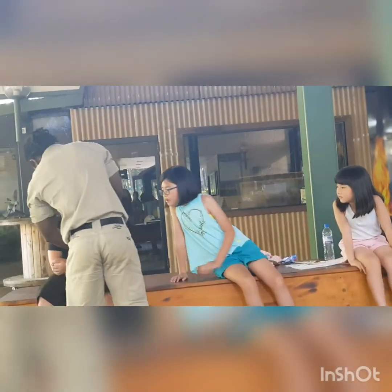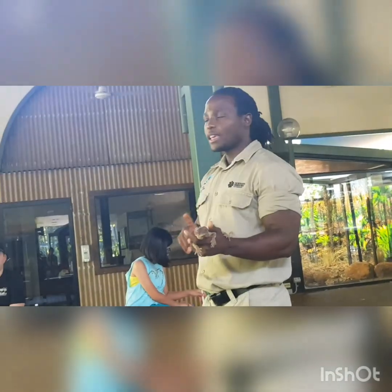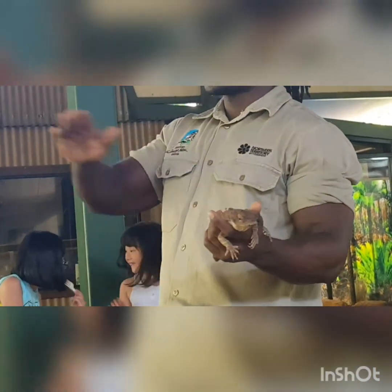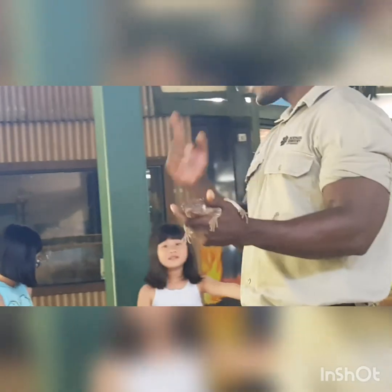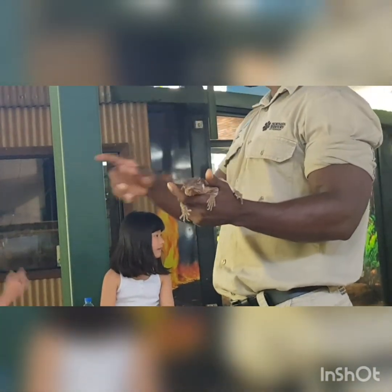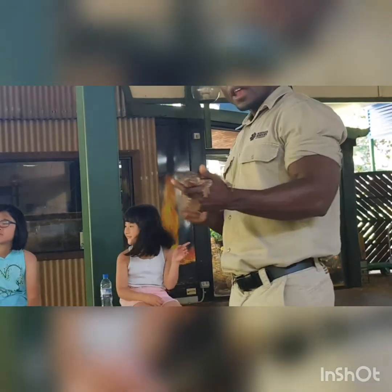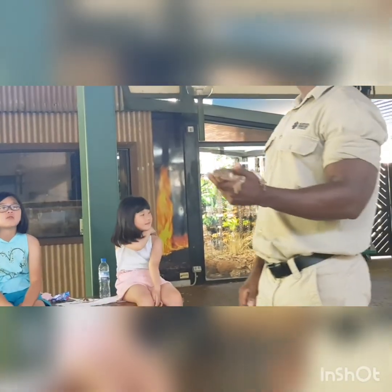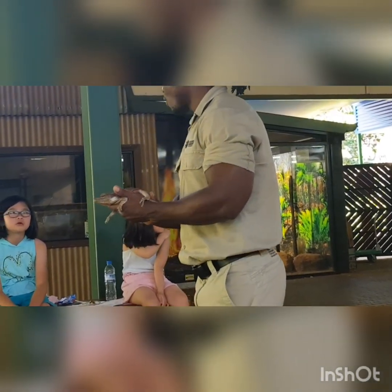Right, as you can see, she's got, see how long those are. Lizards get killed by fire every year. So we get a lot of late dry season fires. At this time of the year, we get lots of fires. So the higher you are, the better are the chances of you surviving a bushfire. You are getting away from bad heat. Number two, they are only active during the wet season because they are an insect eater. They eat